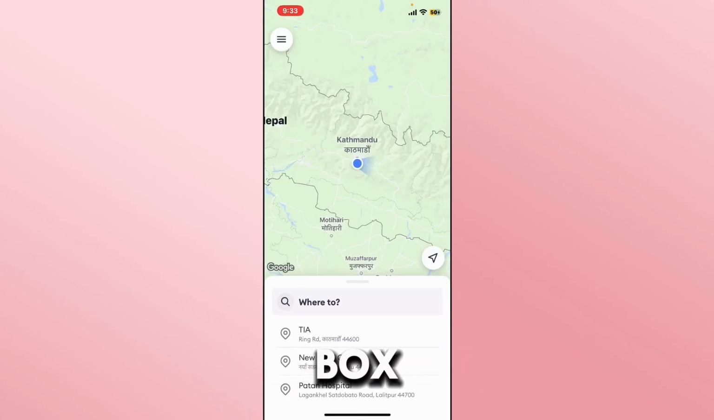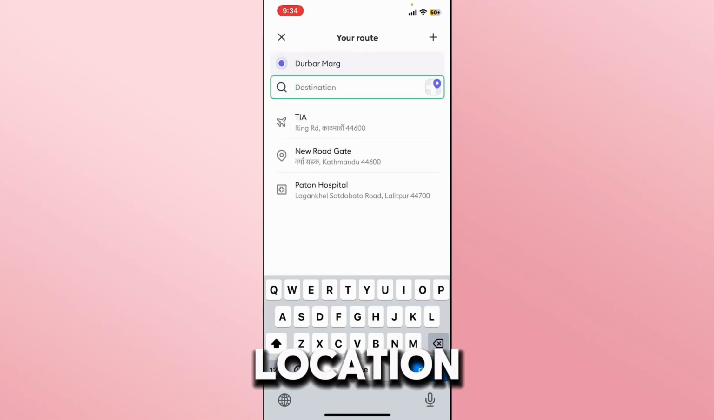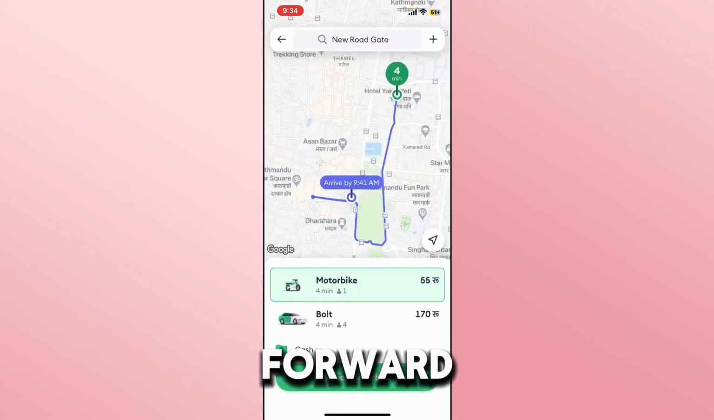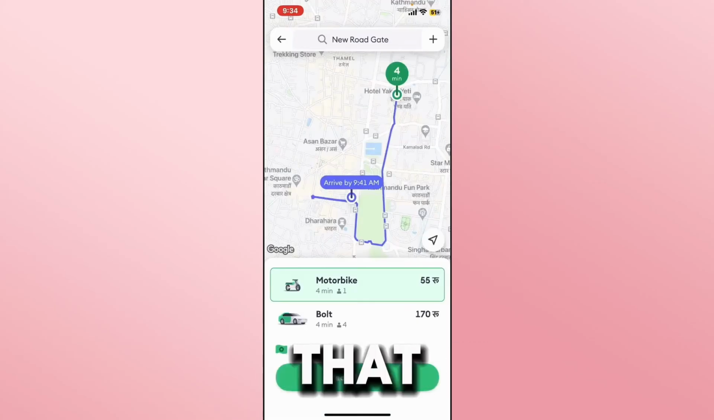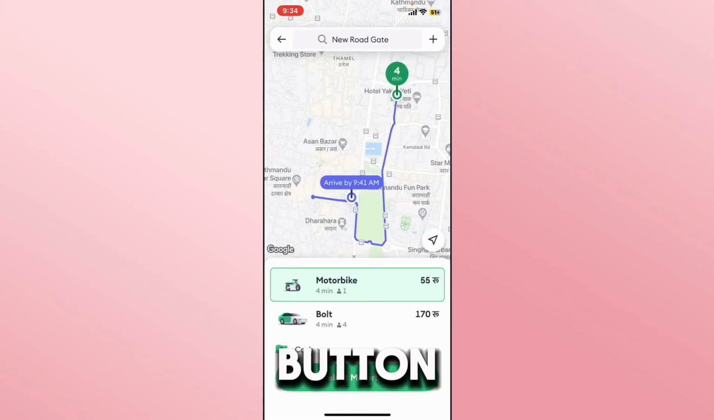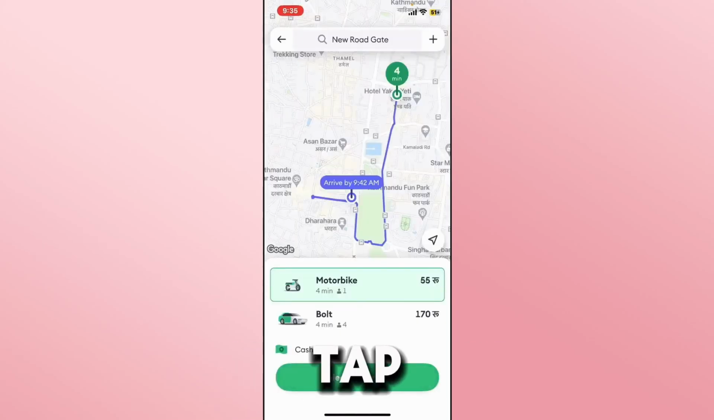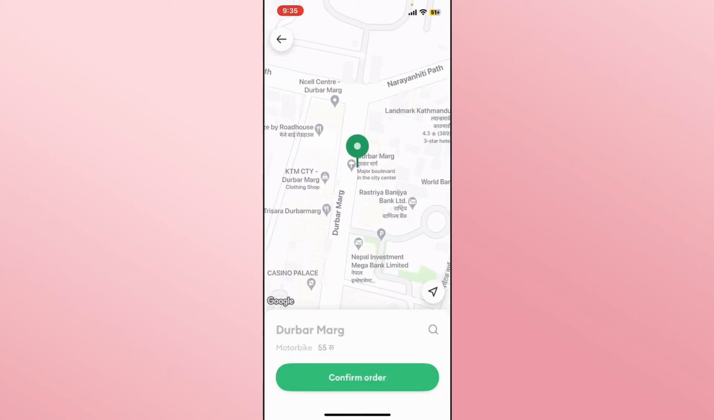Within the Where To box, you can type in your desired destination, and once you enter your location where you want to go within the destination box and proceed forward, you will see the various different options that are available for you. After choosing your vehicle type, tap on the select button at the bottom and also choose your payment method from the drop-down menu where it says cash. After proceeding forward with your payment method, just tap on the select option and then tap on the confirm button,